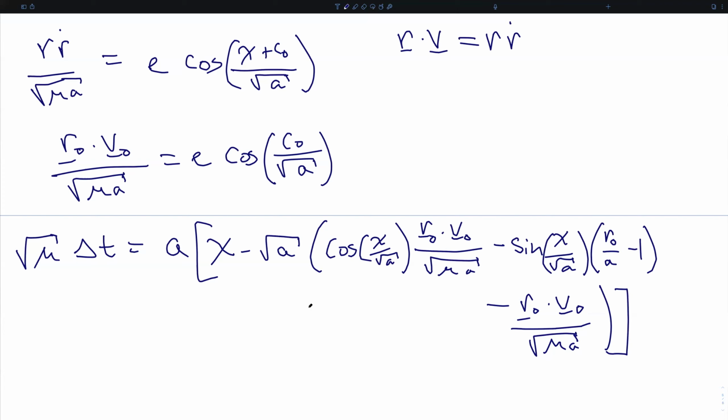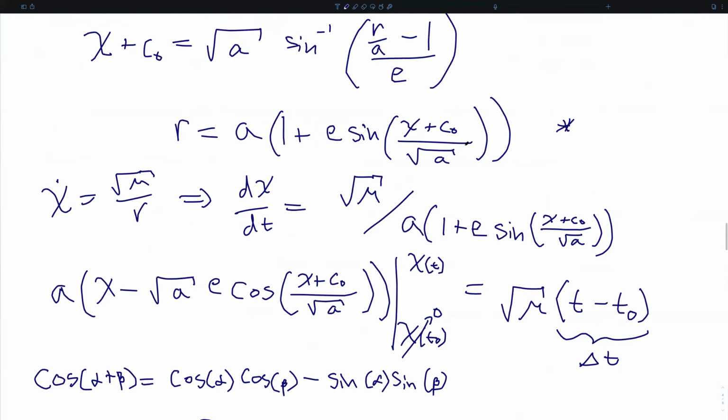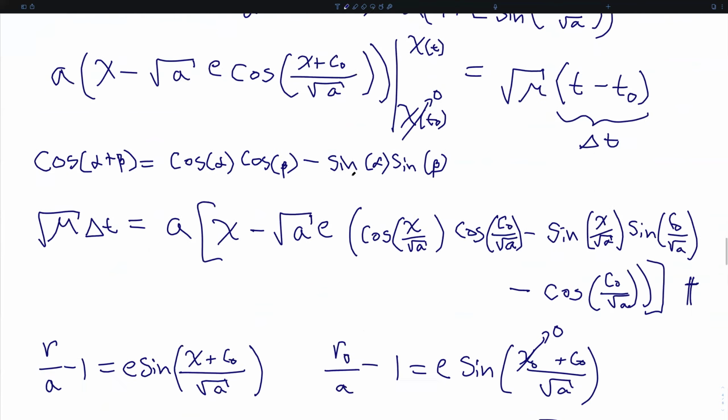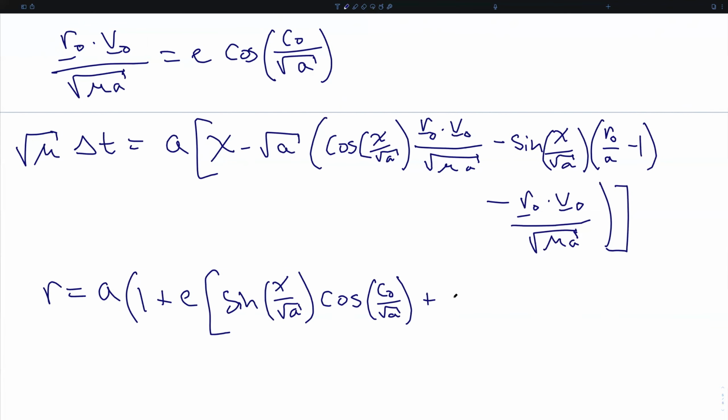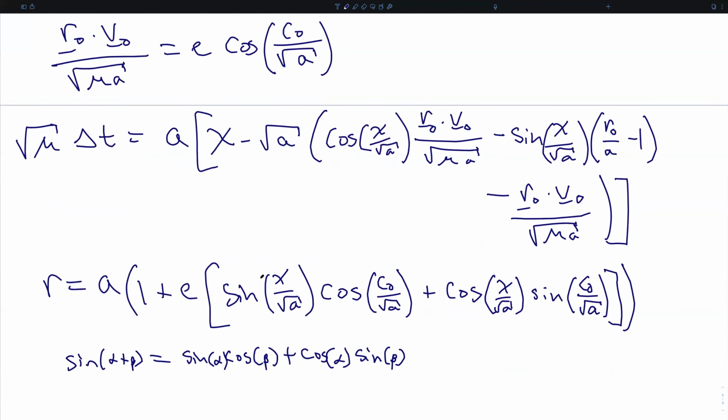We're almost done. We just have one more substitution to make. We go back to our start expression here, and we apply the angle summation formula to the sine term here in order to write, where we have used the relationship sine of alpha plus beta is sine alpha cosine beta plus cosine alpha sine beta. Applying our previous result relating r naught, v naught, and c naught, we can change this to